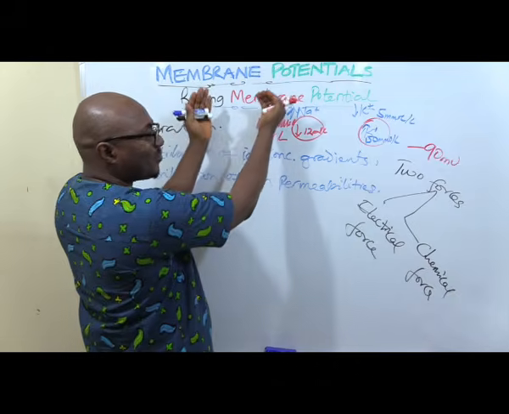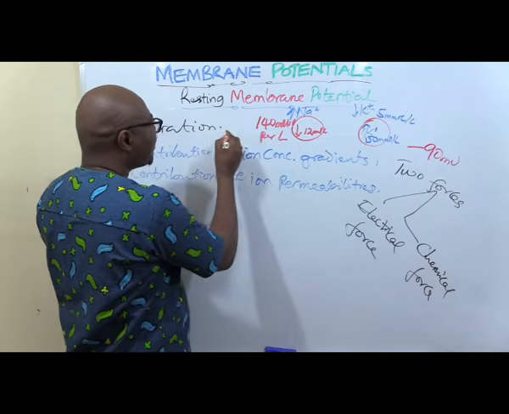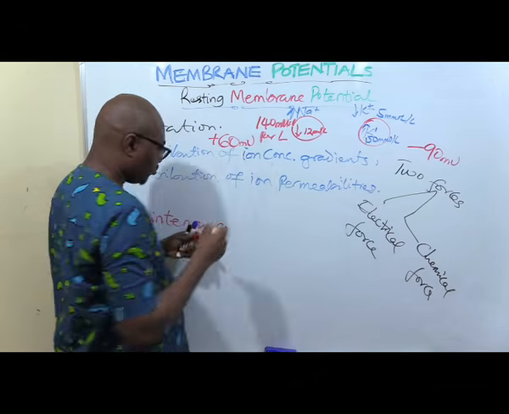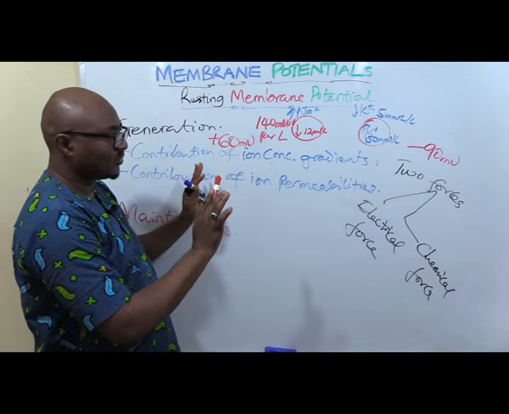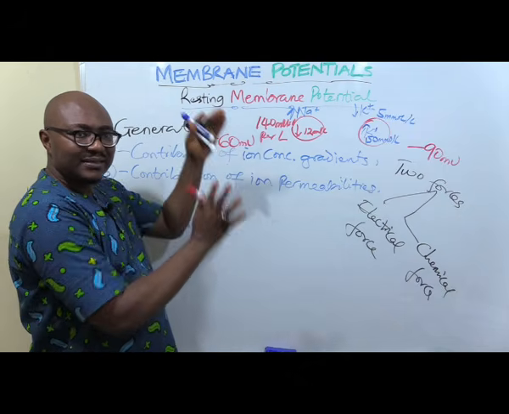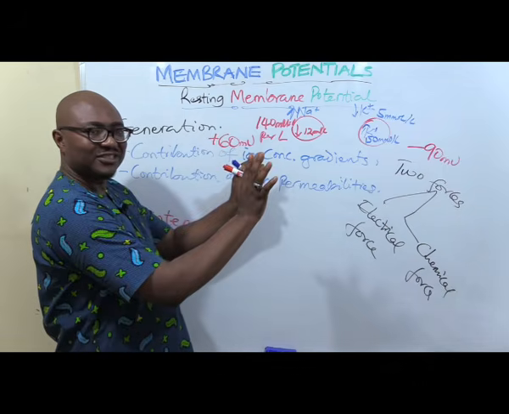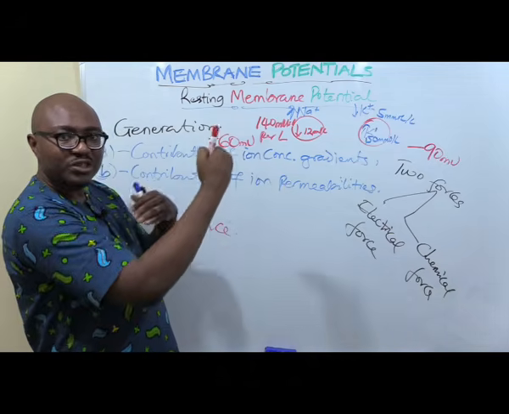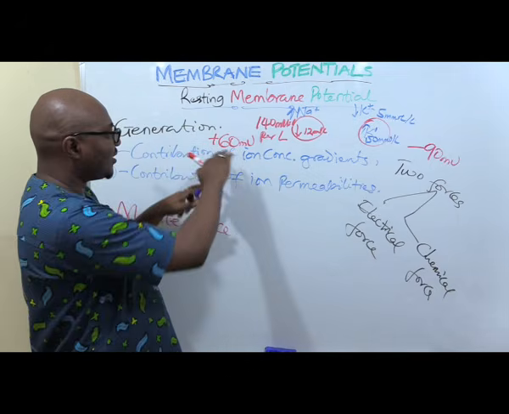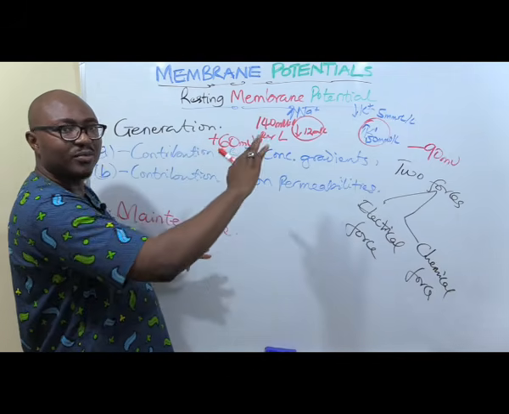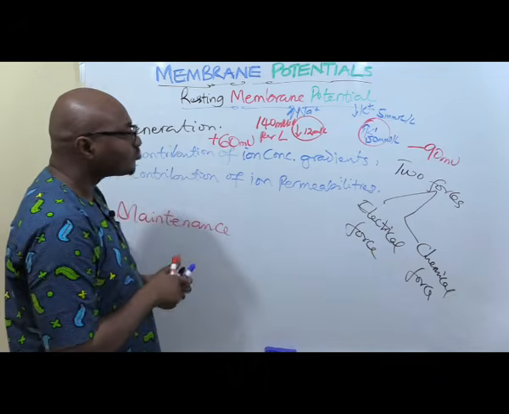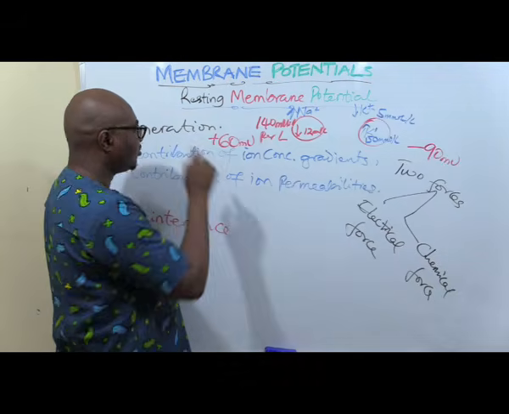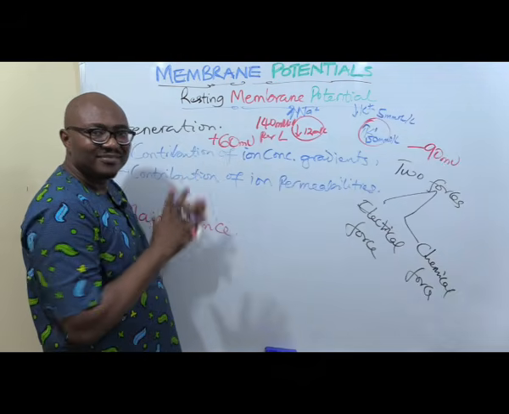And because sodium is coming from outside in, its own is plus. So it's about plus 60 millivolts. Do you understand it now? Okay, it's an interplay of the force of the concentration gradient and the force of the electrical gradient that are opposing each other. So they get to a point where there's now balance, equilibrium, known as equilibrium potential. Now you have minus 90 for potassium, plus 60 for sodium.